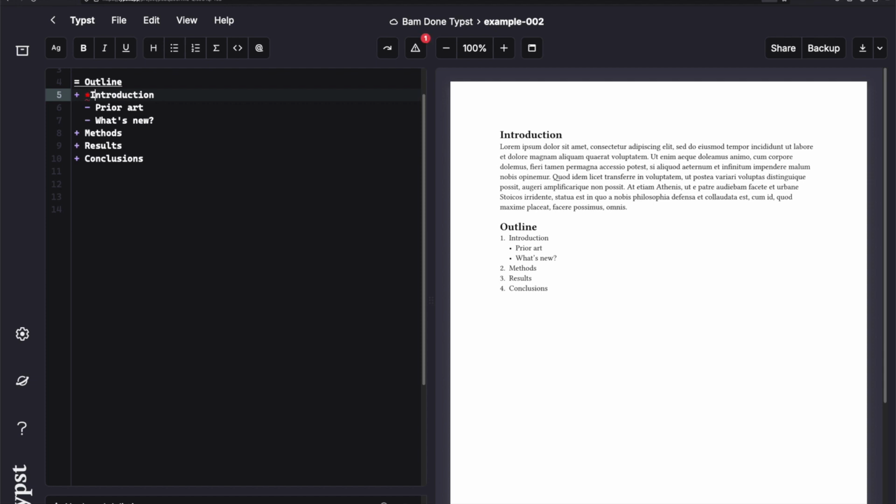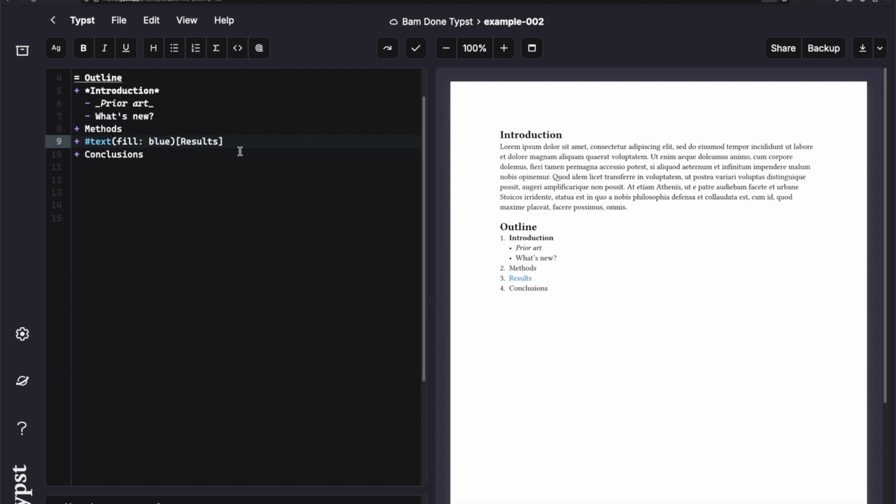I could bold these with some stars. I can italicize them with some underlines, right? There's a good number of formatting options here, and that'll allow you to kind of highlight what it is you want to do. If you want to make something specifically colored, you can call it text. And I can make it red or blue, right? So that way, if I want to highlight something or emphasize something while I'm typing it, I can come back and I can say,